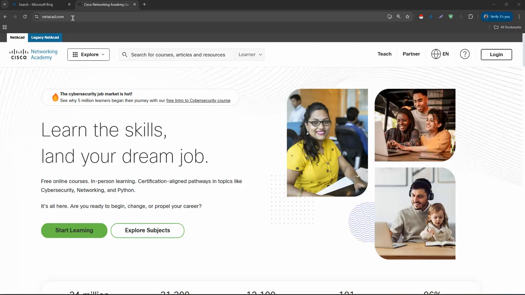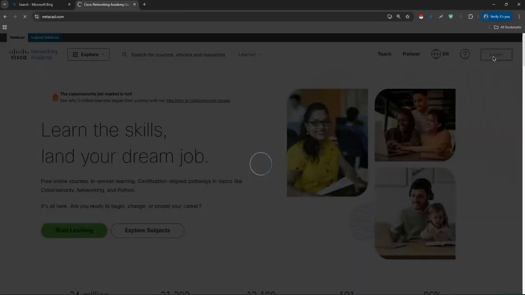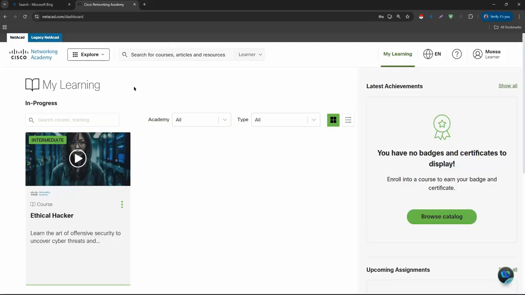So you can find this new course at netacad.com. Once you browse to this page, you have to log in with your email and password. Once you log in, you are presented with this dashboard. On this dashboard there are a few things going on, but what we are concentrating on is